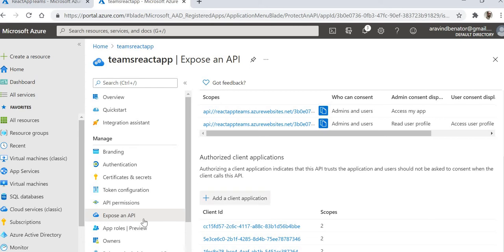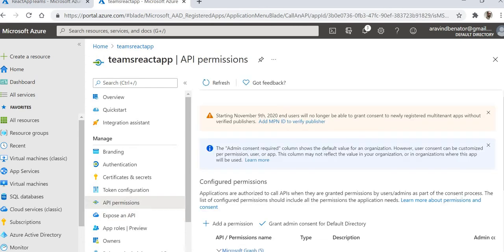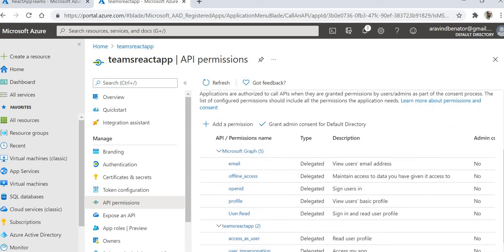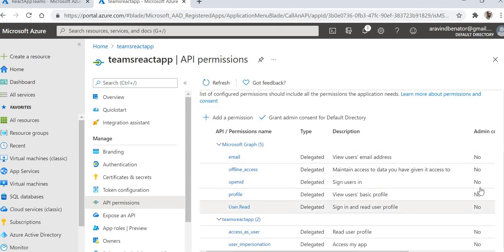So in the API permission, I have given permission for Microsoft Graph Client, and I selected all these permissions, which are required if you are working through Microsoft Graph. Also I have given delegated permission for this app as well.